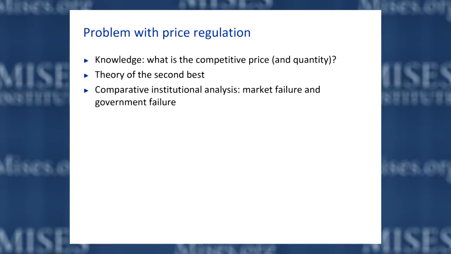A version of this critique is what is sometimes called the theory of the second best. What this theory suggests is that all real world markets differ from their blackboard representations in a number of different ways, right? So the monopoly diagram we just looked at on the previous slide supposedly tells us that the firm in the real world is producing too low a quantity and charging too high a price compared to the nirvana price and quantity that would occur in this hypothetical, perfectly competitive state.